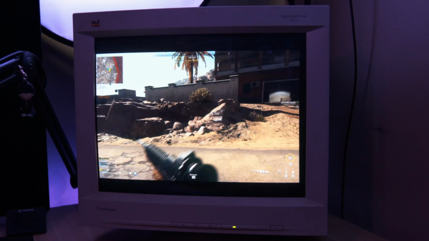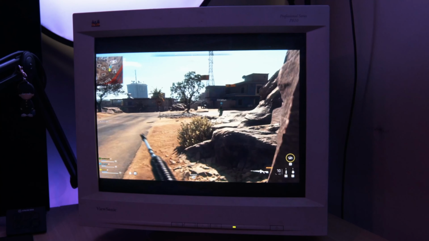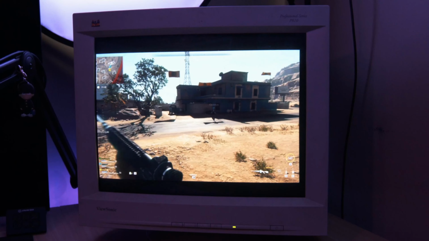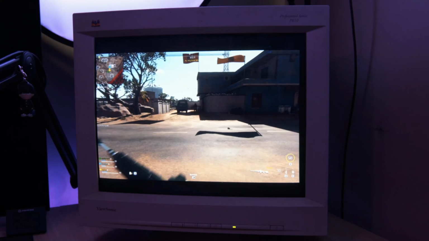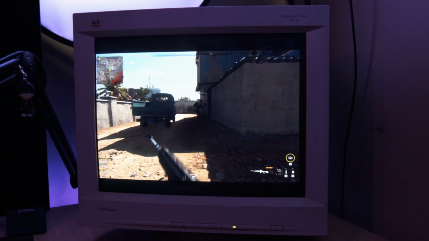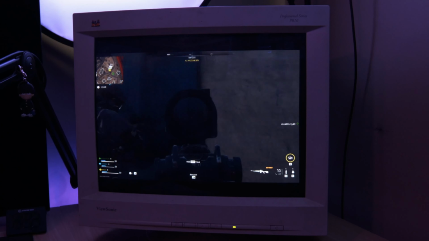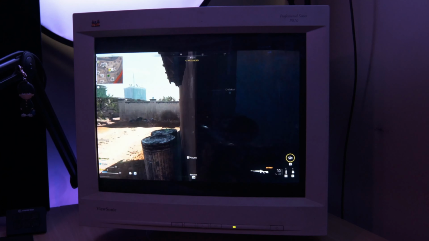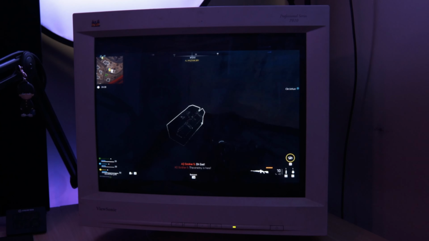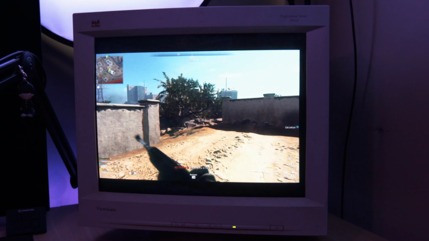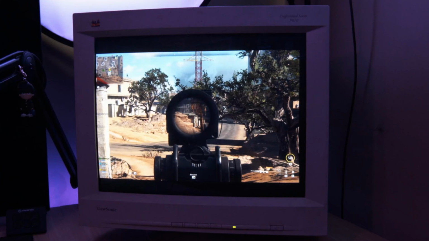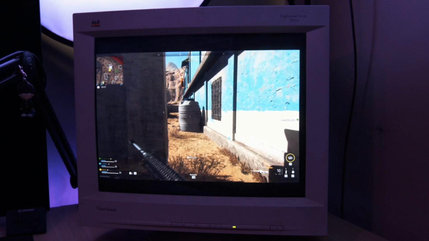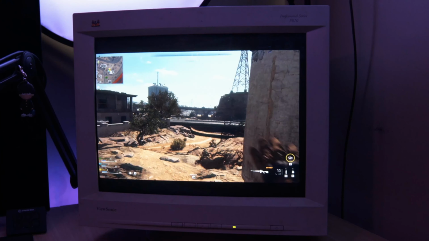I know DMZ is not a mode that people played on the original Warzone. I think this is a new mode, and I did not play the original Warzone at all either, so everything's new to me. What is this? This series is not about me talking about playing the game, by the way. I mean, I will do it a little bit, because I want you to understand how the game flows